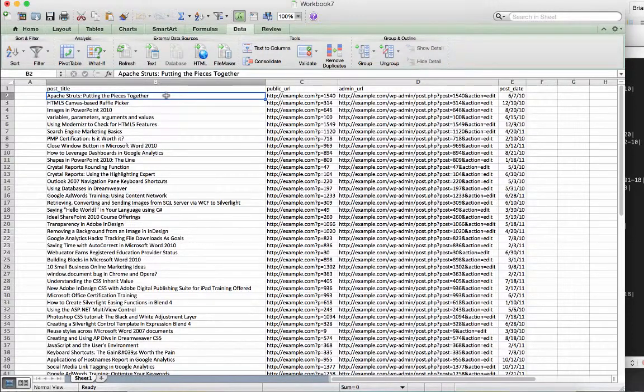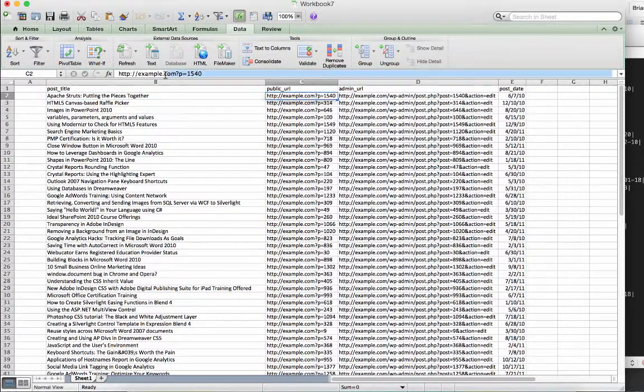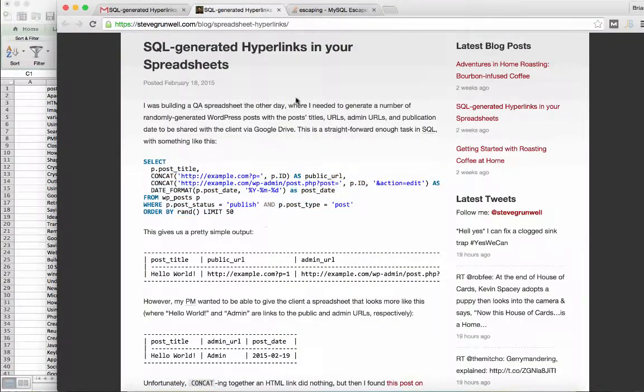Okay, so you can see that now I'm able to import all the data into my spreadsheet, and here's our URLs. And so I could just copy paste these into my browser, but what Steve wants to do is have the URL actually be clickable based on the post title. So let's jump back to the blog post